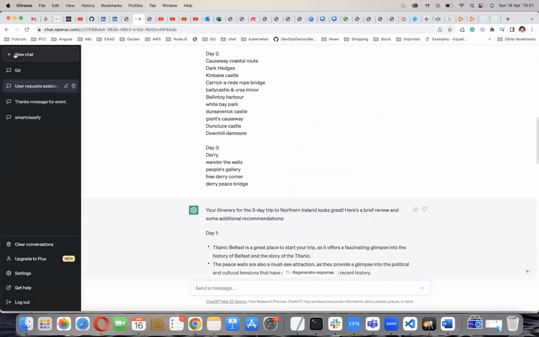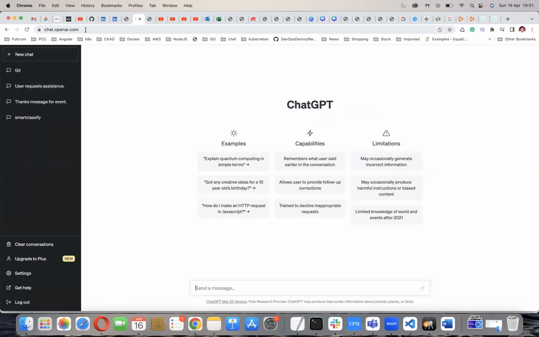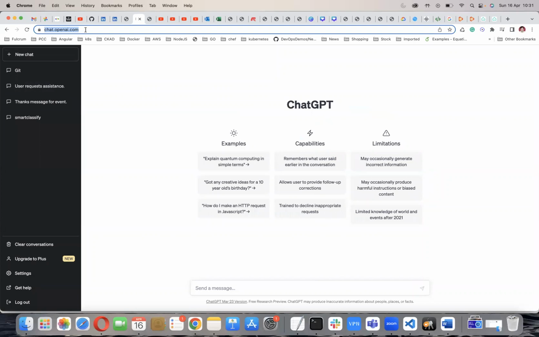This is the ChatGPT URL, chat.openai.com, which is part of OpenAI. Maybe three months ago, everybody heard about ChatGPT. Twenty years ago there was the dot-com revolution, where everybody was available on a website. Before websites, everybody was working on Windows-based applications. With the dot-com revolution, every company was available on a website.